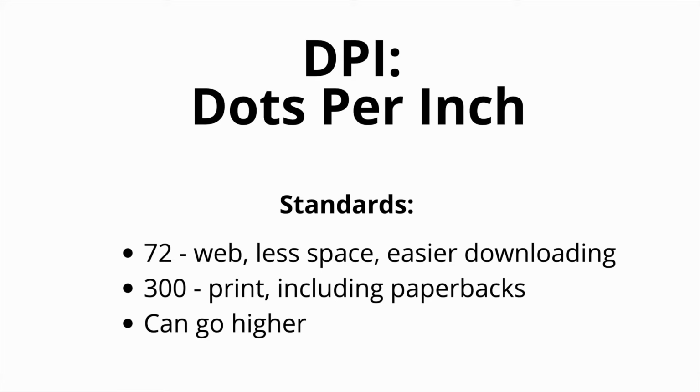Because this may come up for you again, if not here, somewhere else. Dots per inch, it actually is a print term referring to dots of ink per inch. For standard web, the lowest resolution is 72, and I'm going to show you what that means in a minute. It's because it takes up less space. Even for images on your website, you want them to be 72 and no lower. And I mean, they can be higher, but really 72 is what you want, because if they're too big, and I can always tell if I'm on a website where somebody's using images that are too big, it just slows down your website. So you want them to be as small as possible, and 72 is like the smallest they